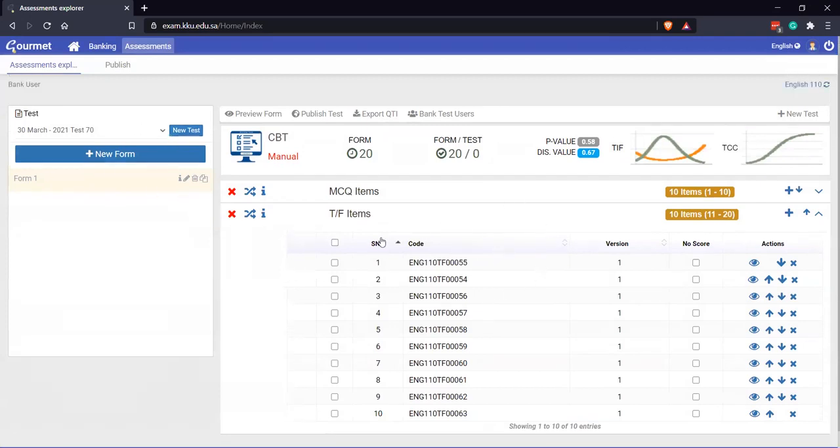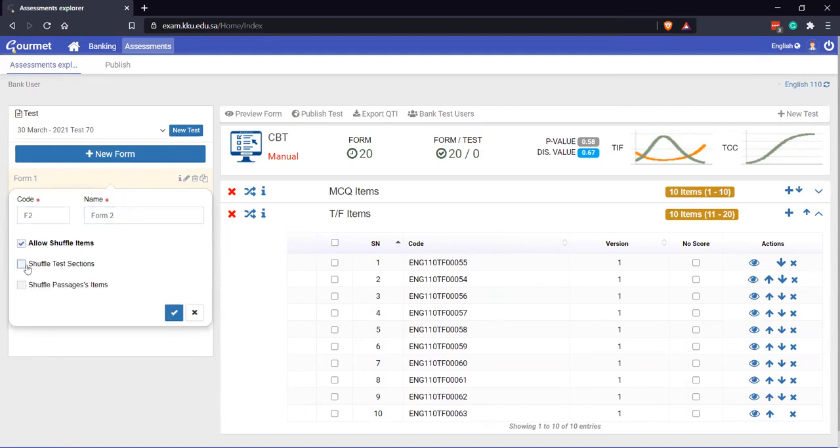What if I need to create another form with the same questions, but I need shuffling? Of course, there are 2 options. One option, my colleague will explain for you, is to do it by configuration, so it will automatically be done. But what if I just need to duplicate, clone this form? I can just click here, clone, and here's the code, and here's the form name, and I just click on